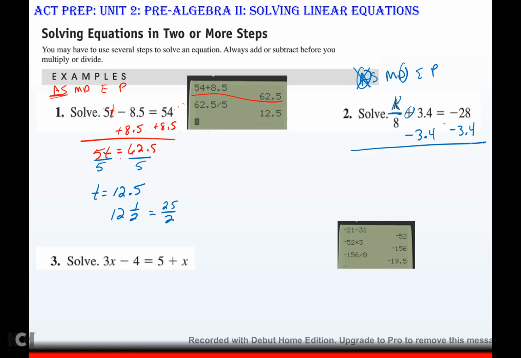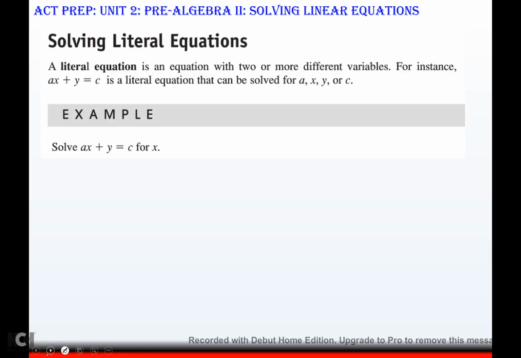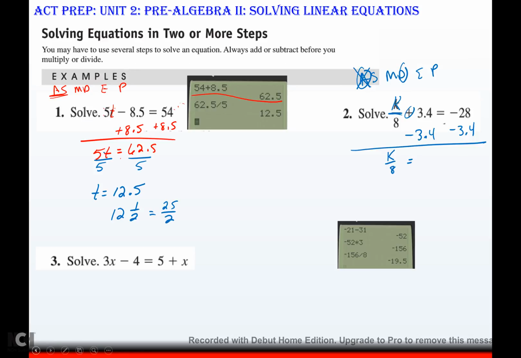And I get k over 8 equals, nope, didn't. Negative 28 minus 3.4 would be negative 31.4. Alright, and then now I've got to undo the dividing by 8, so I'm going to multiply by 8 on both sides. Multiplying by 8 cancels dividing by 8, and I get k equals